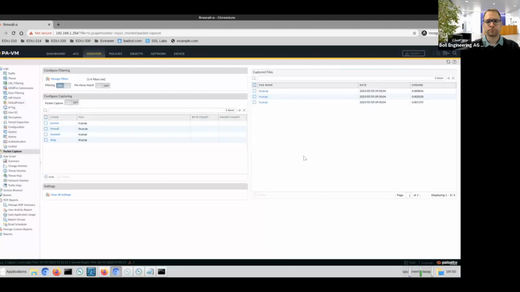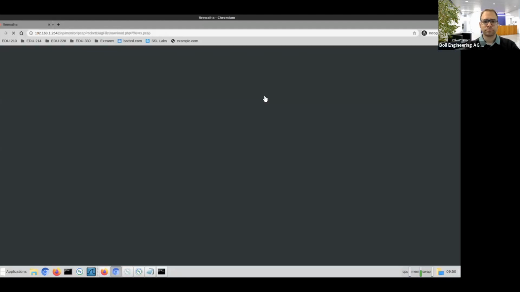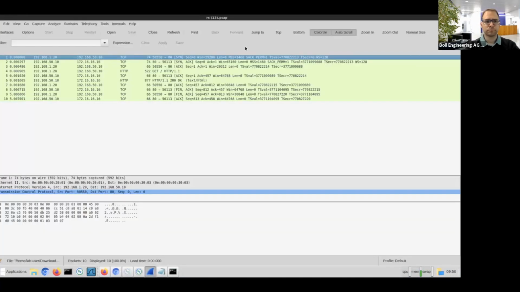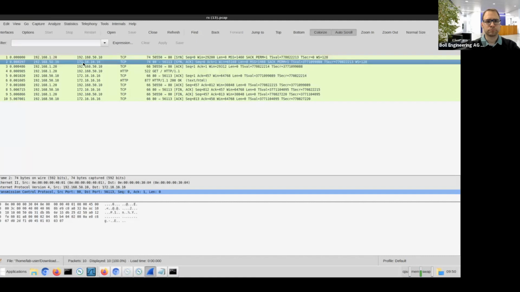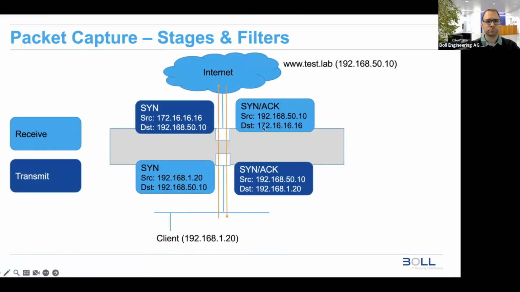Now we see traffic. So now it's getting interesting. Let's have a look at receive stage. At receive stage, we see everything, right? SYN acknowledge, the GET request, and so on. But if you have a closer look at the IP addresses, the first SYN at receive stage is on 120 to the server, but the SYN acknowledge is matched to the NATed address, of course. This is what we have seen here. This is the SYN acknowledge we see on the external interface with the NATed address, because we received the packet